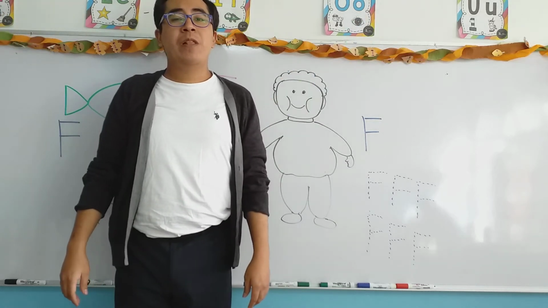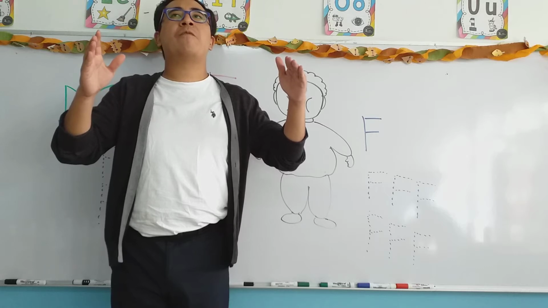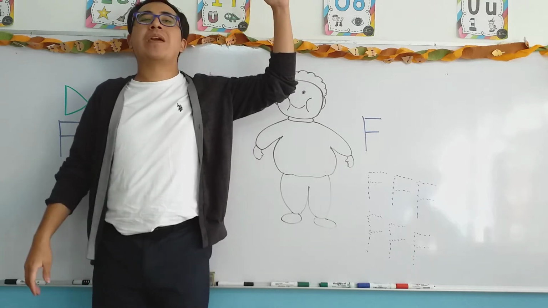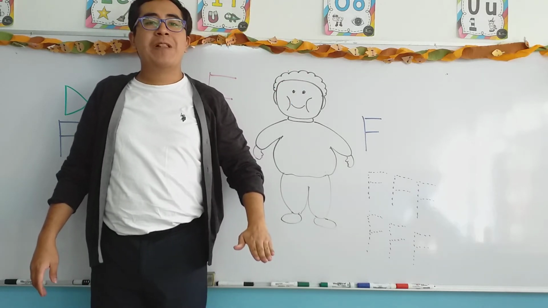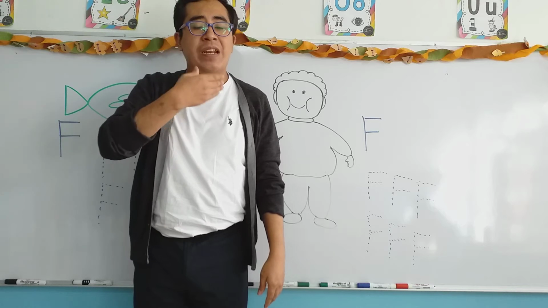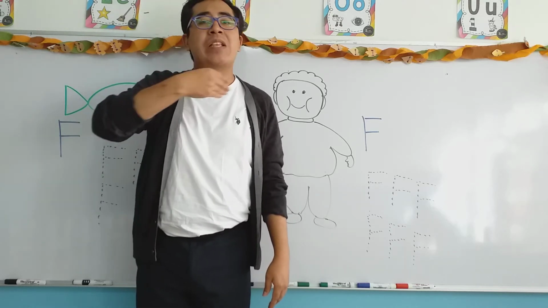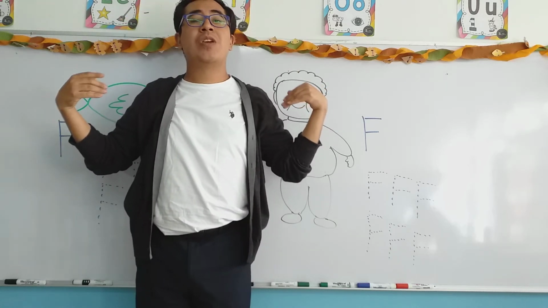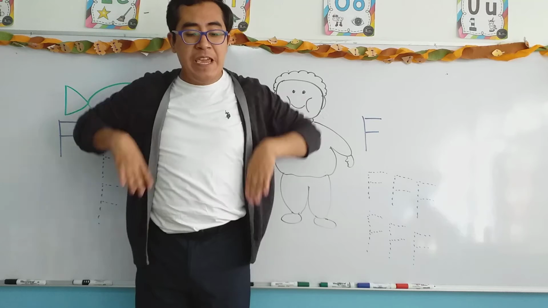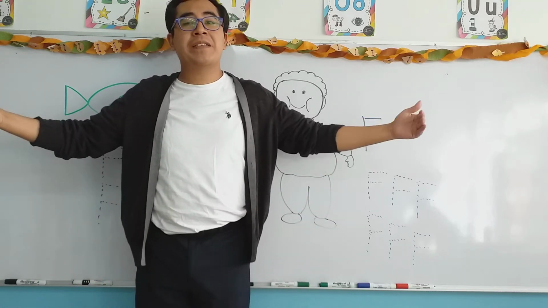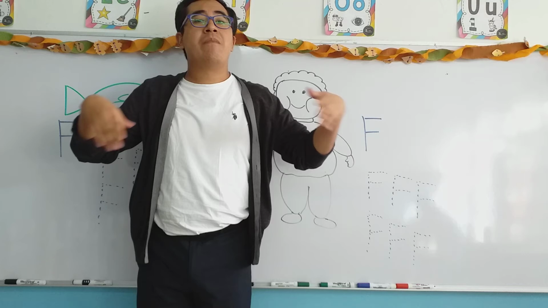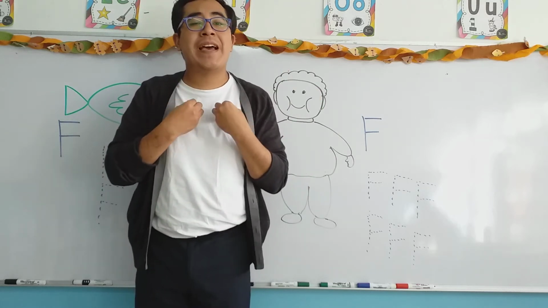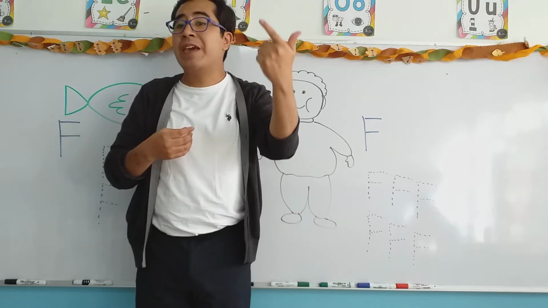Now, for people, we have all types of bodies, okay? Some people can be tall, some people can be short, some people can have brown skin, other people can have white or pink skin. We can have our hair with different colors. There are people that are thin and there are people that are fat, and that doesn't matter. Remember, what matters the most is what we have inside, that we are good people, that we behave good with